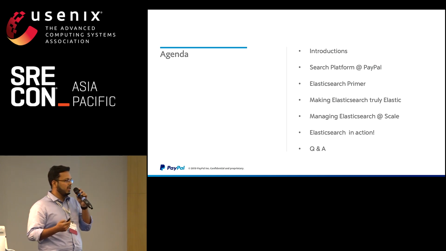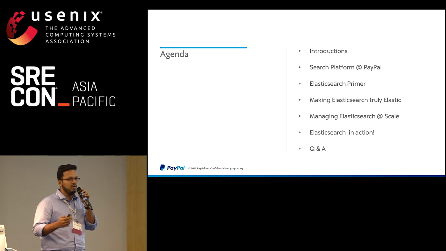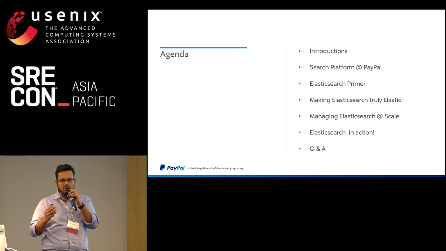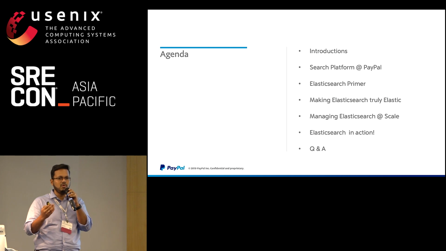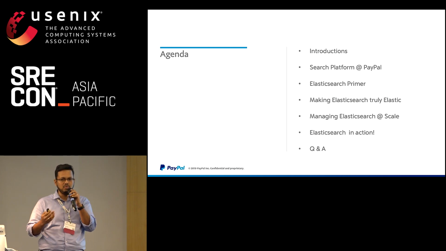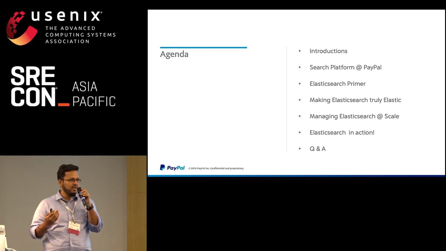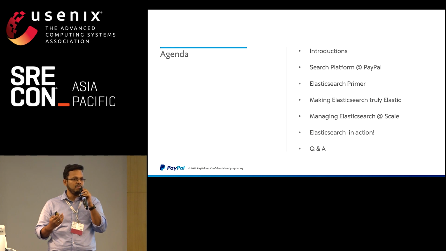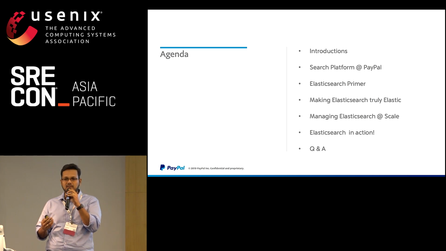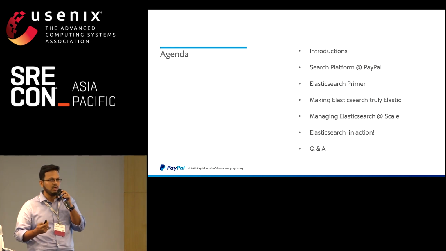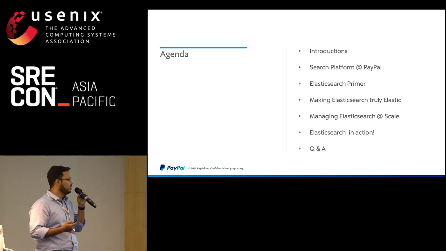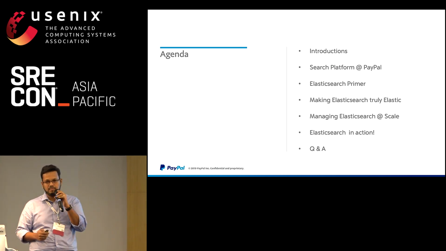We'll also go through a quick demo. This demo is a shorter, scaled-down version of a problem that folks who've managed Elasticsearch in production would have seen. It's a scenario where something happens and the cluster dies, and you just have to bring back the cluster. What do you do, and what can you put in place proactively to make sure these instances don't happen? We'll do a quick demo of that, and then we'll take questions that you might have.